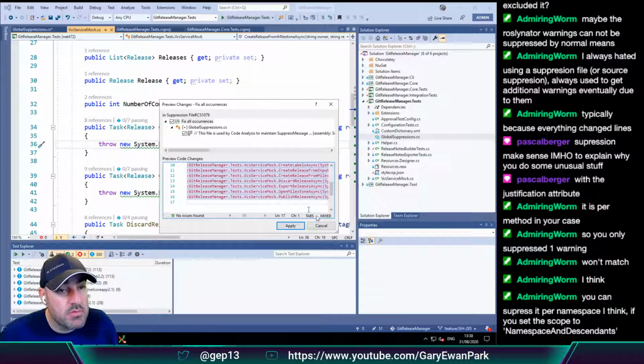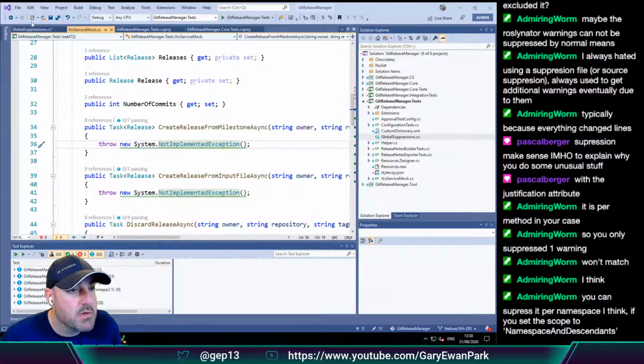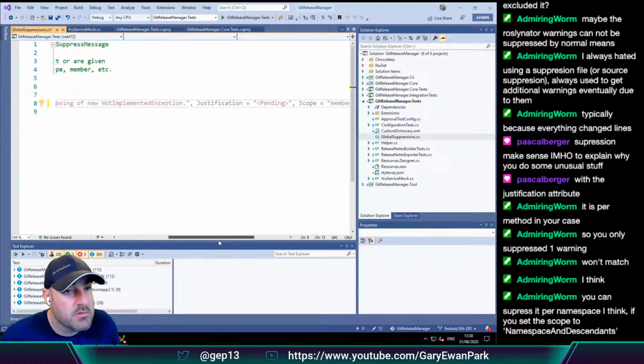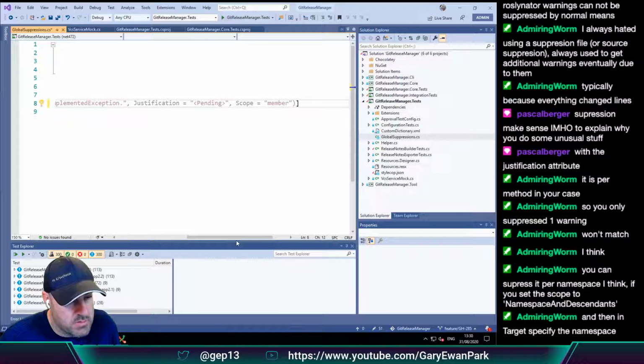Set the scope. Okay. And then in target, specify the namespace. Okay, so scope is namespace and descendants.